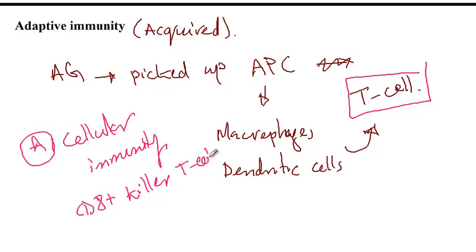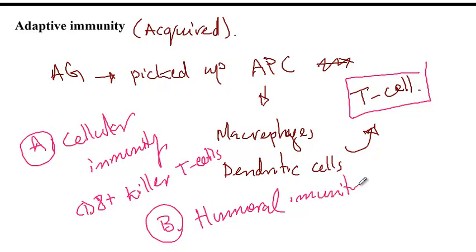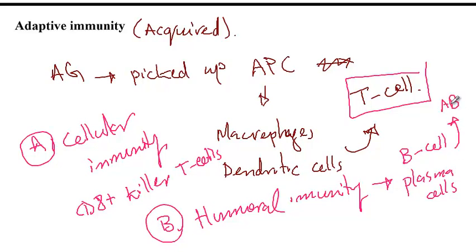And the other mode of immunity is humoral immunity, which is mediated by B cells, so B lymphocytes or plasma cells. And this type of immunity will release antibodies. So cellular immunity activates killer T cells that will now destroy the pathogens, versus humoral immunity initiates release of